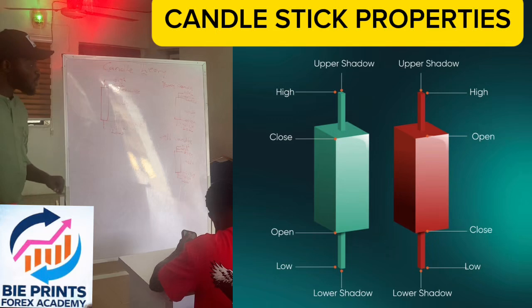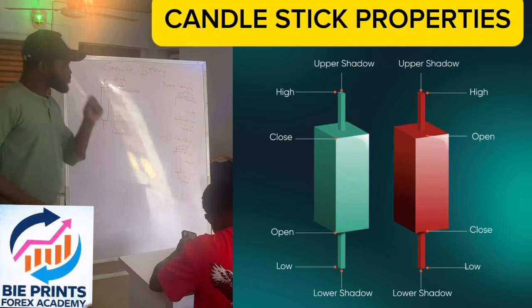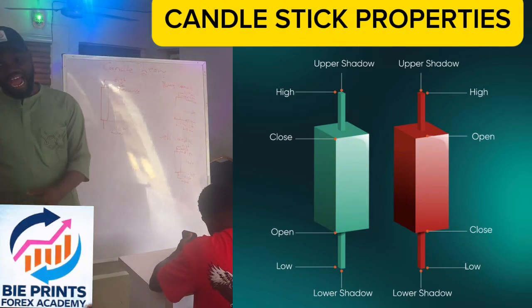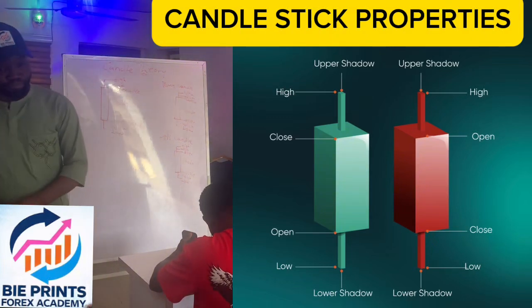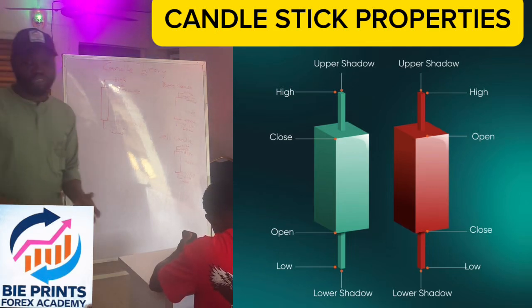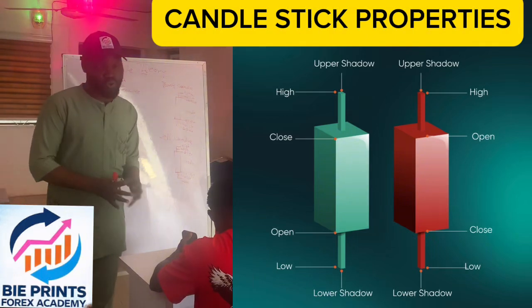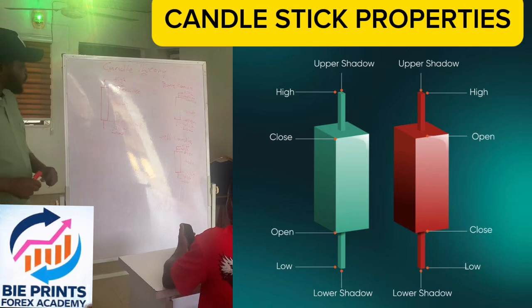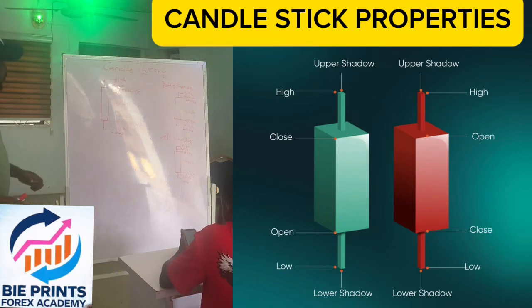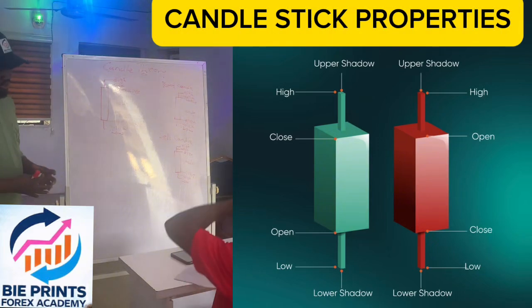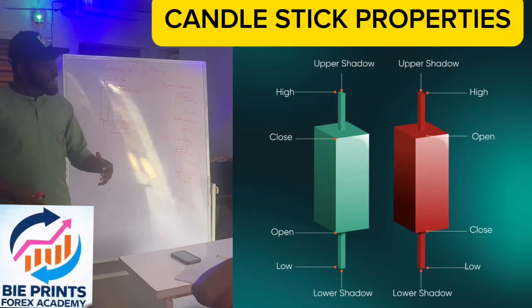The lowest price that the market sold at a particular time is what is referred to as the low. So that's the low. Okay, these are the various properties of the candle. Now, let's look at the formation of